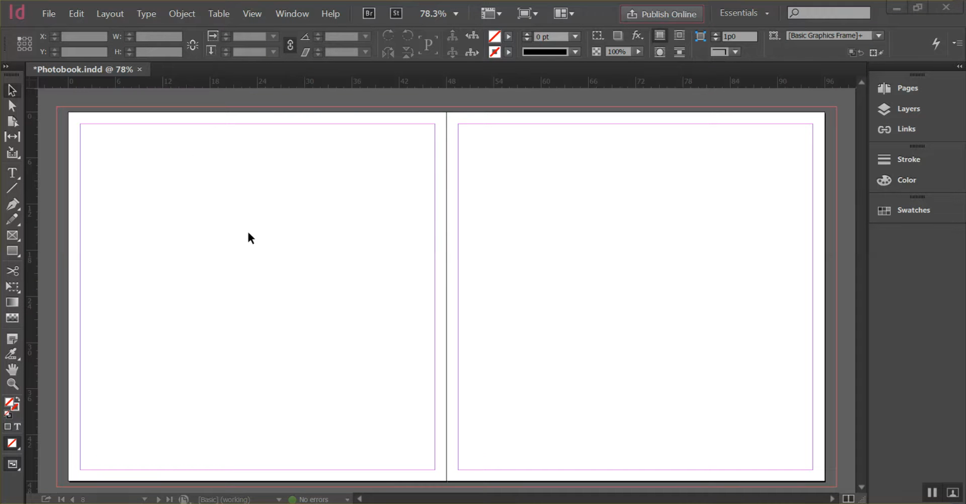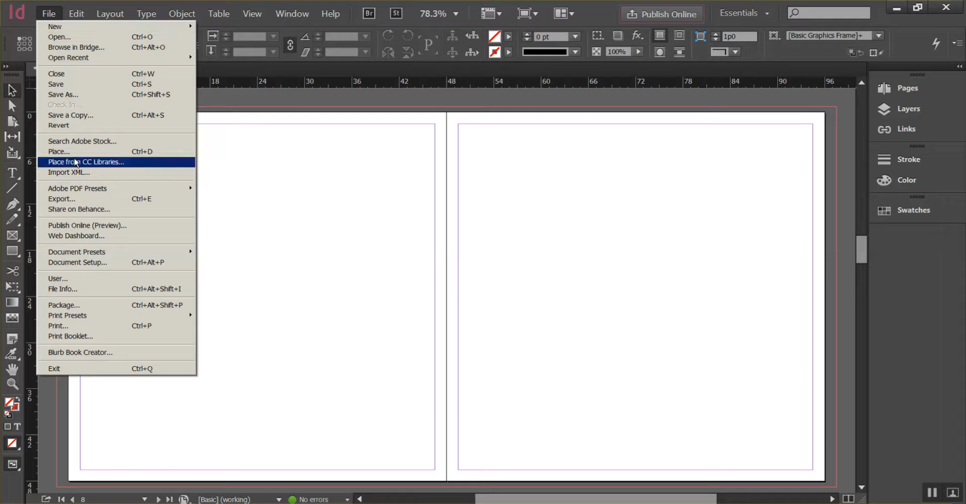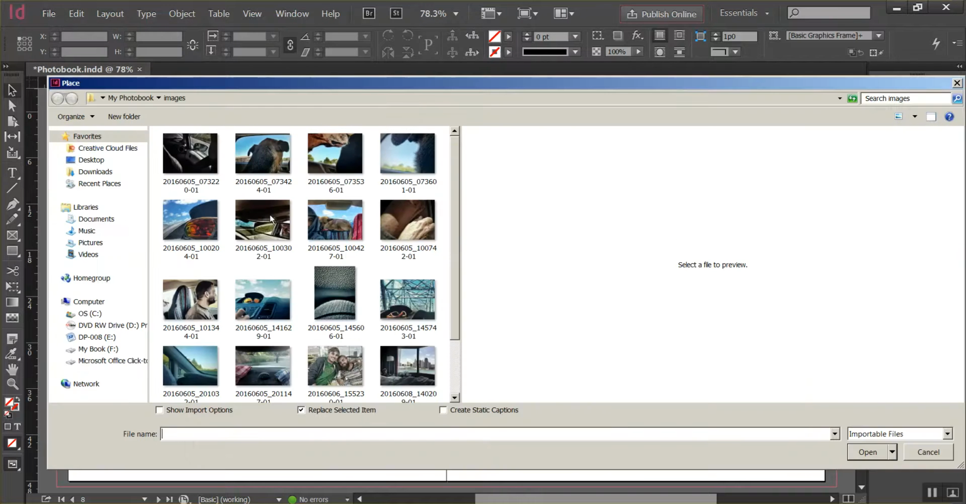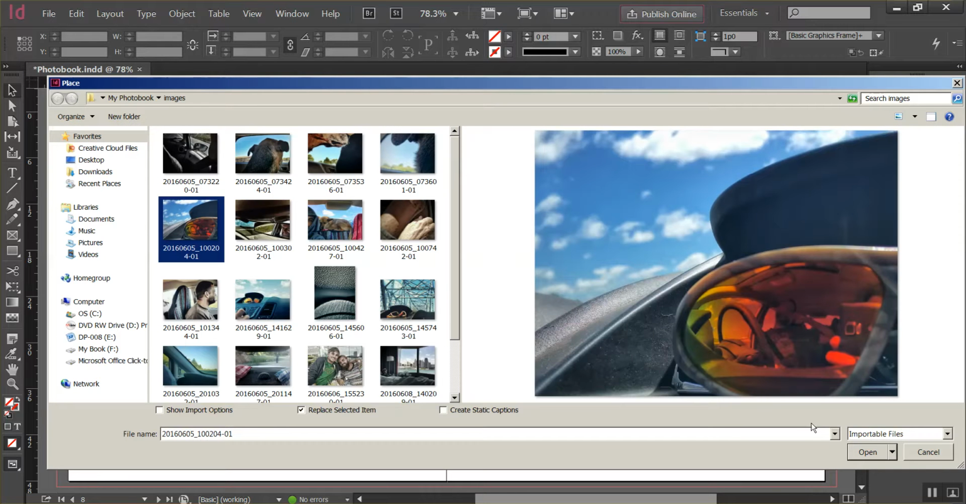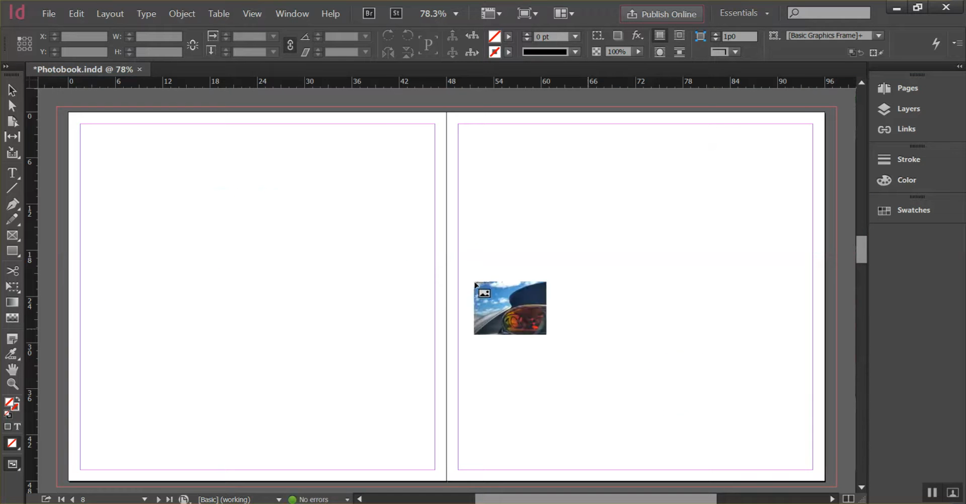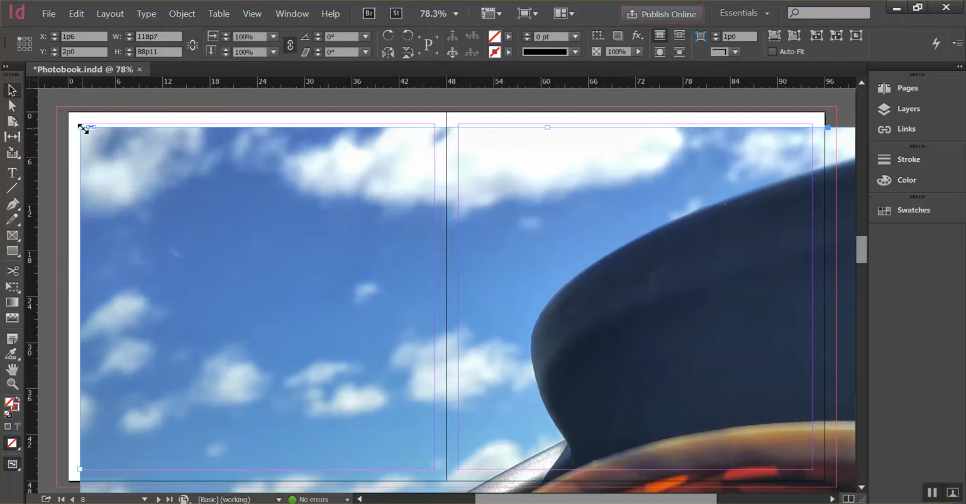I'm going to show you one other scenario that might happen when you're trying to place an image. So I'm going to go to File, Place, pick an image, click Open, and again I've got my loaded cursor. Now if you just click without clicking and dragging to create the frame, it places the image at its full